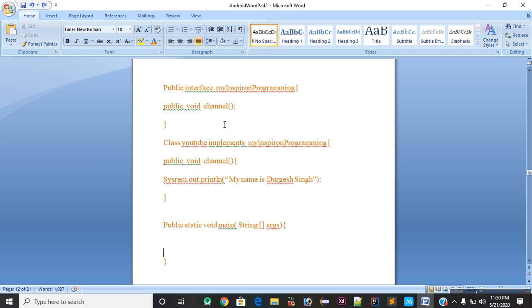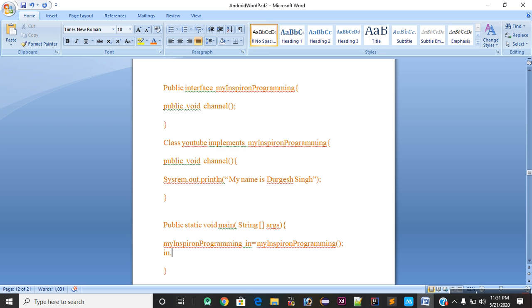So I will write my Inspiron programming and pass a reference, and I write the object, and curly braces open and start and semicolon, and reference dot.